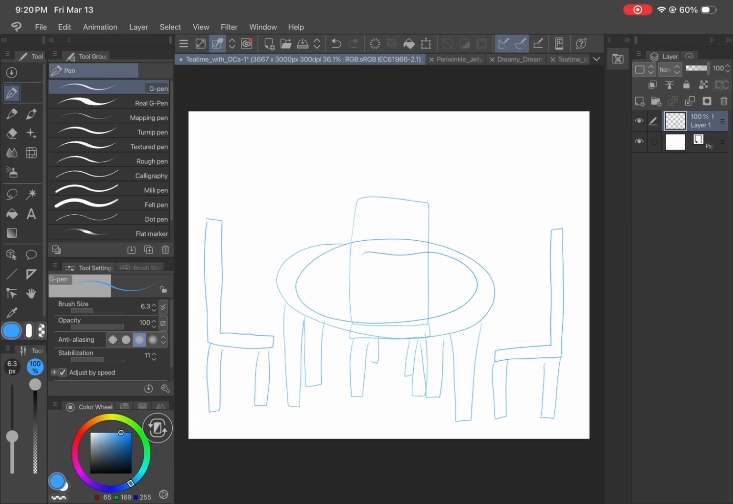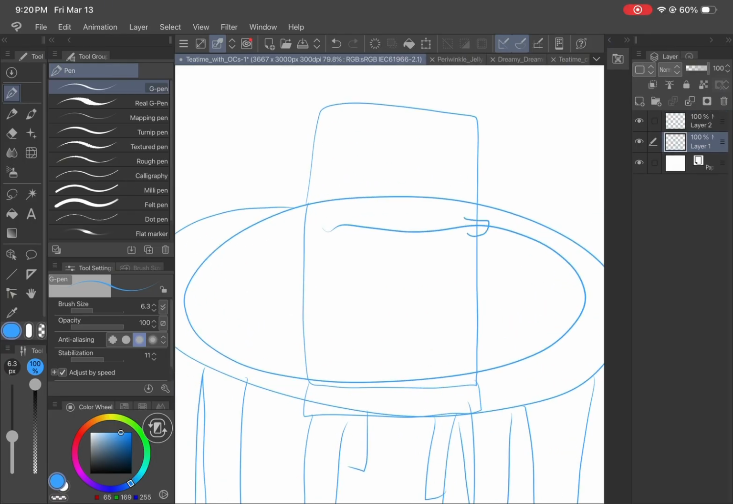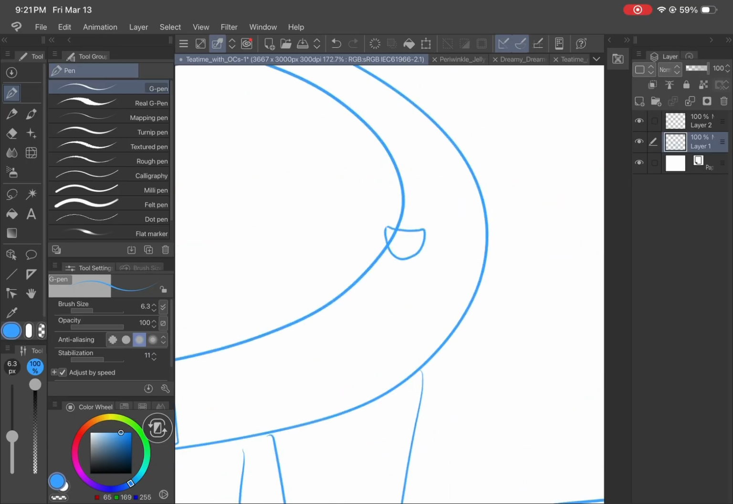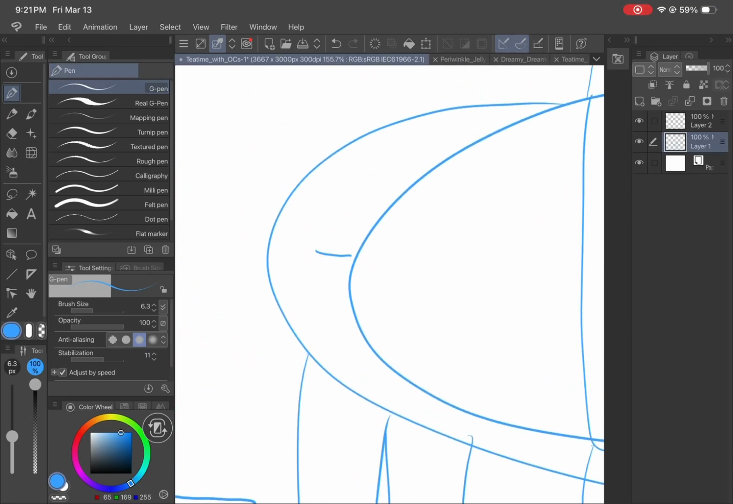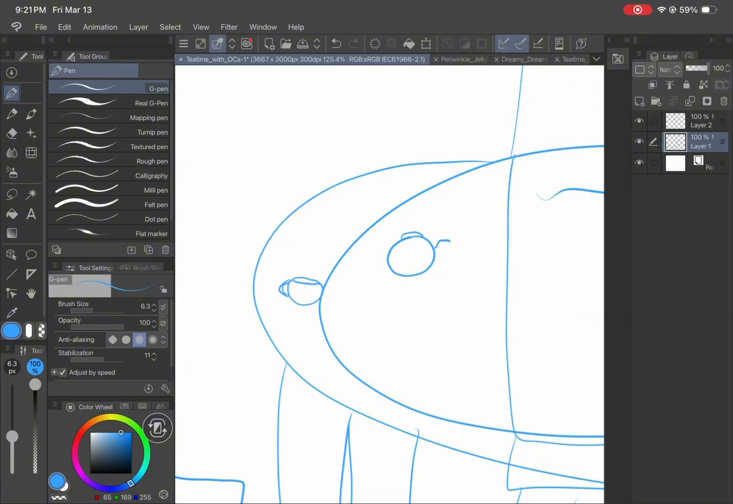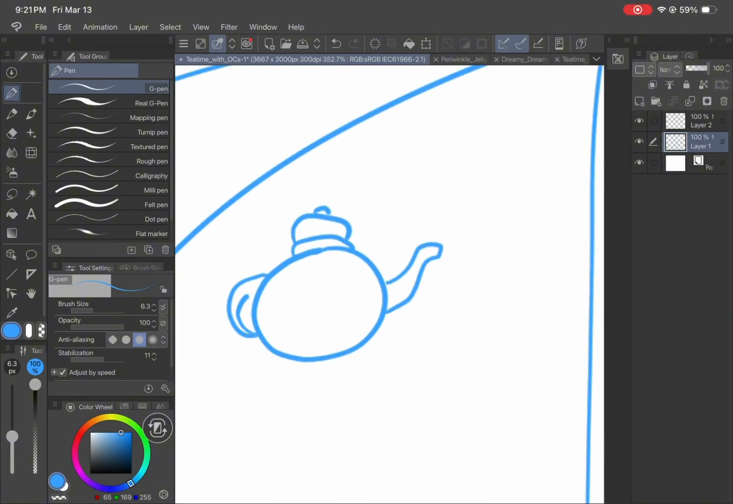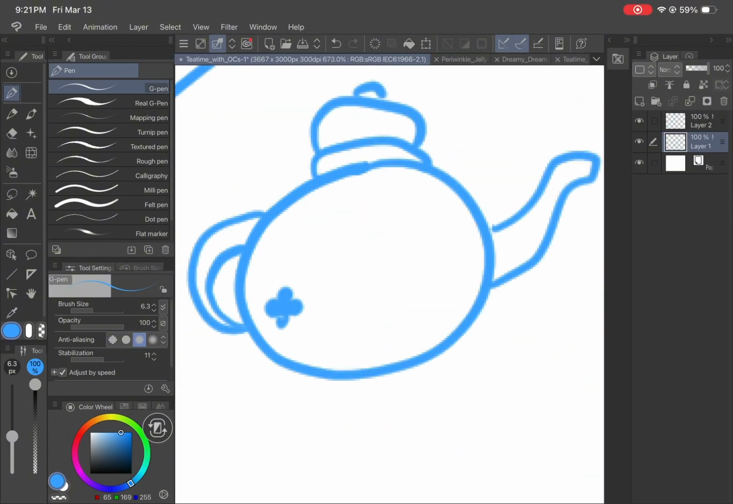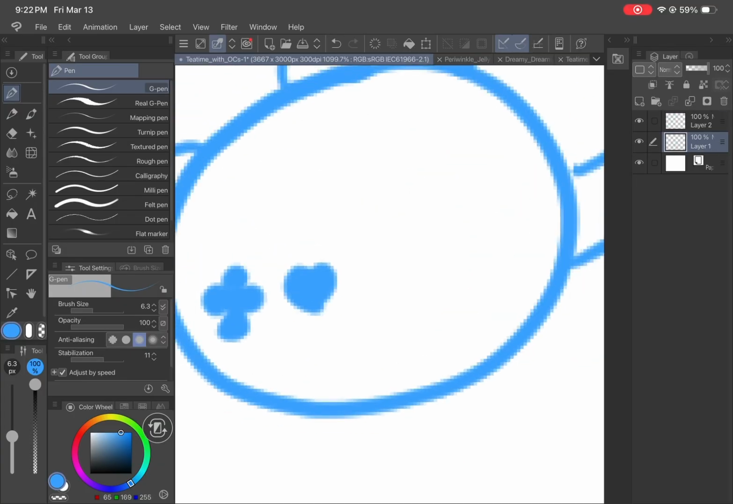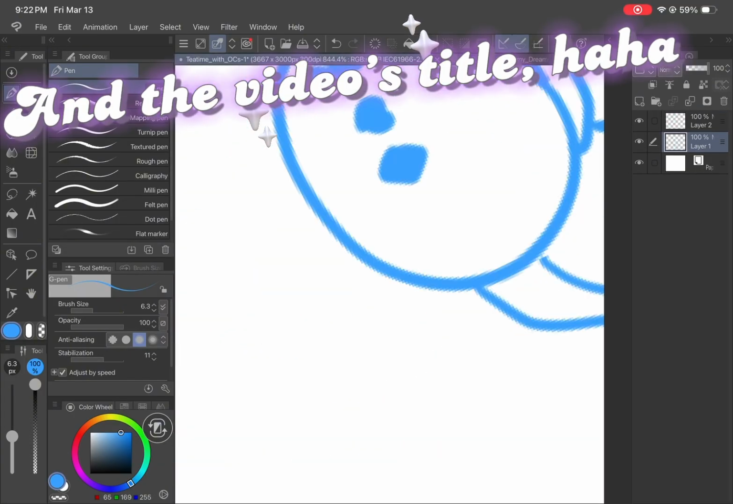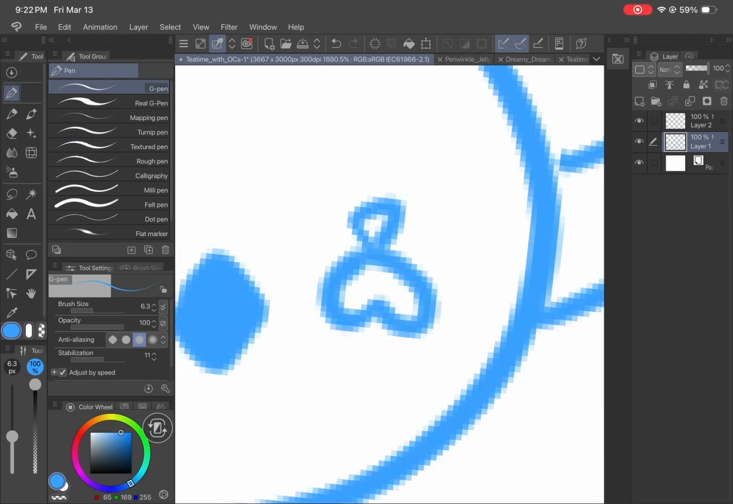Today, I'm neither going to be drawing a dreamscape nor a new character. I'm going to be drawing a scene with characters that I already have because I thought this would be a fun change of pace and a good thing to practice. You might be able to tell by the character that just flashed on the screen and the teapot that I'm drawing, but today we're going to be drawing a tea time party, or just a tea party, I guess,